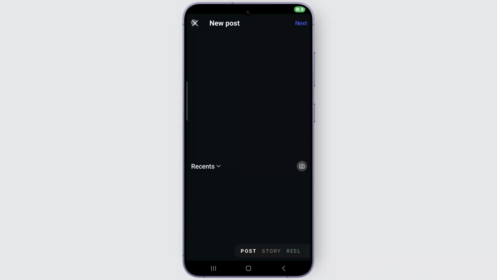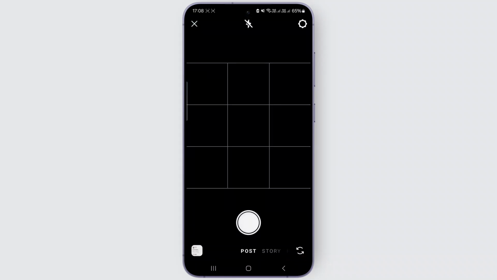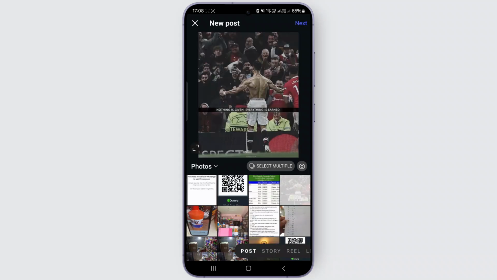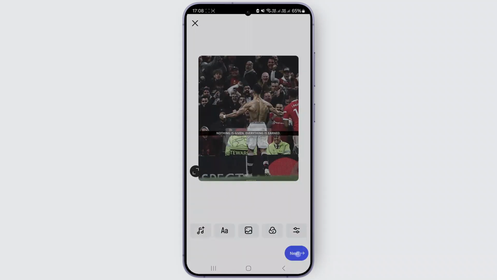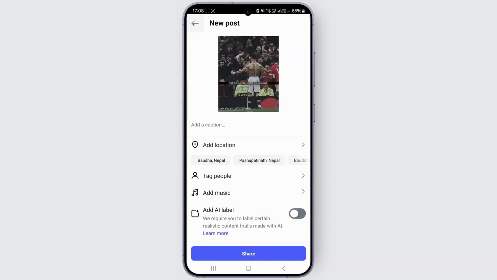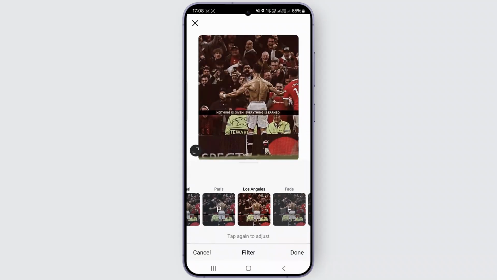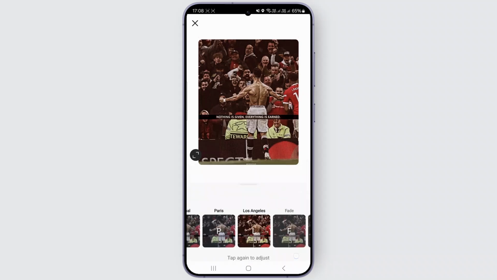So once you select the image of your choice, let me just select this one and just click on next. And from over here you can also increase or decrease your brightness and contrast. You can also use a filter over here just like this, as you can see, based on your choice, and just